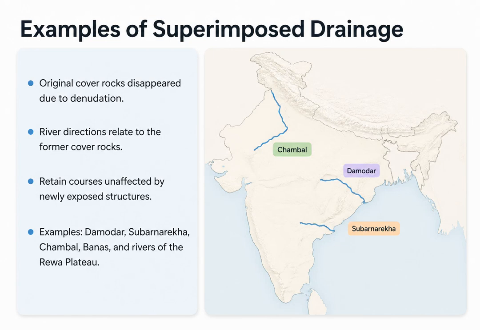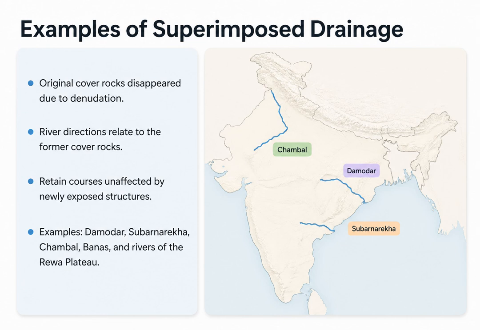Because the original cover rocks have completely disappeared due to denudation, the river's path seems to make no sense when you look at the current exposed bedrock. The river's direction relates entirely to a landscape that no longer exists. Excellent examples of superimposed drainage in India include the Damodar, the Subarnarekha, the Chambal, the Banas, and the rivers flowing